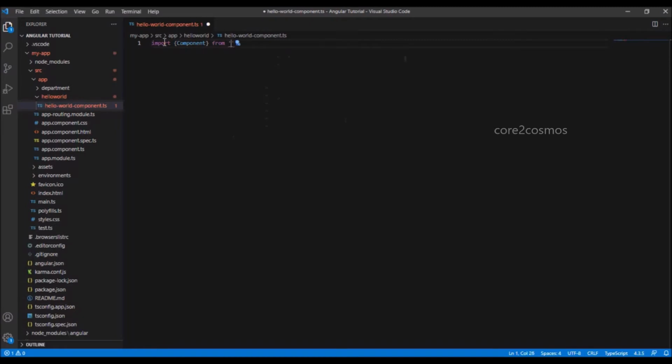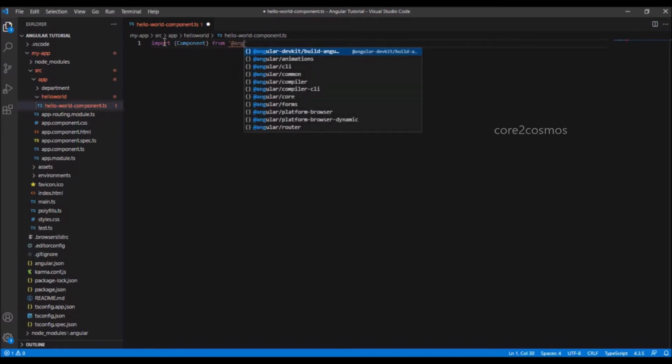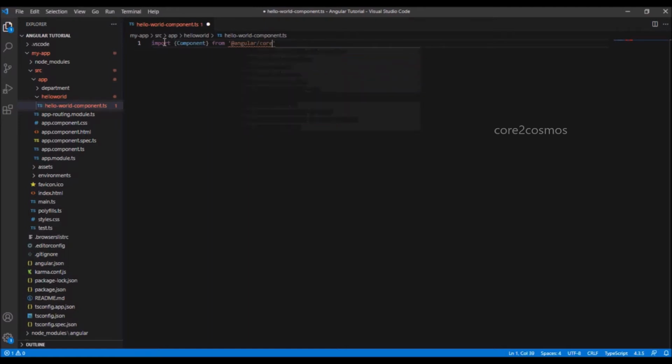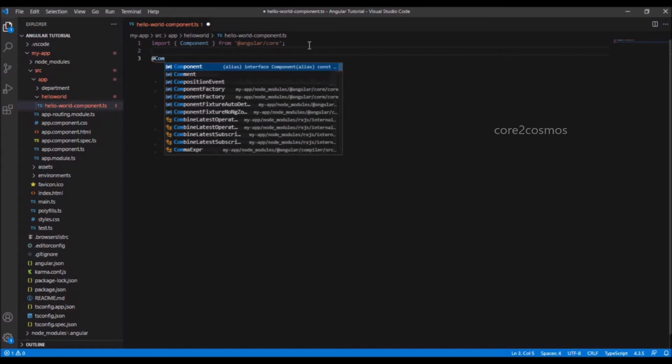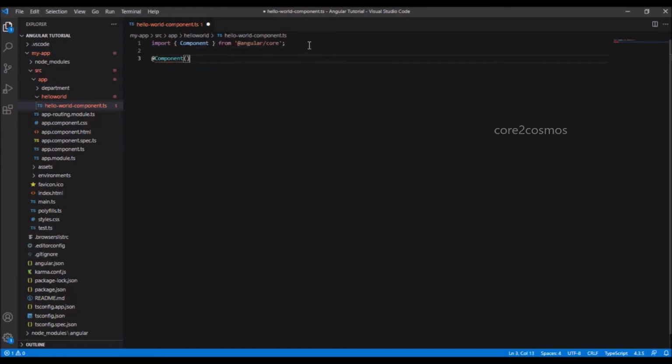Basically, I am importing all the necessary functions and types from the Angular core module in order to create a component. Whatever properties and types I am going to create in this file, the definitions will be present in the Component type. At line number 3, I say @Component